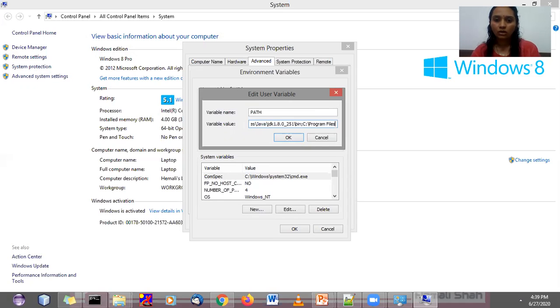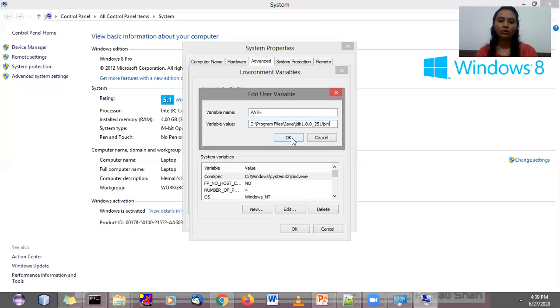So your existing path variable value will be as it is, and your new value will be appended to the path variable. So don't remove it if the path variable already exists. Press a semicolon, then paste the new JDK bin folder path over here, right? And press the OK button.